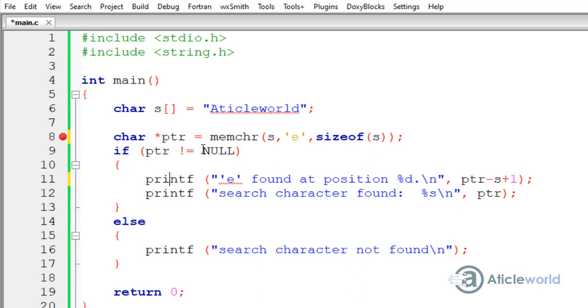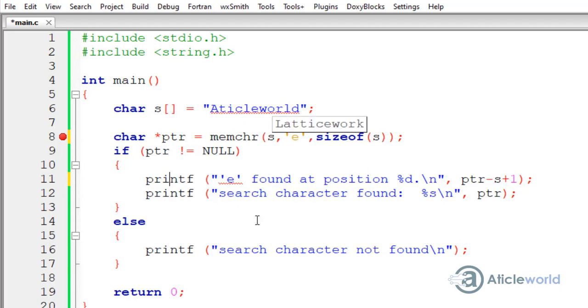So here to prevent the segmentation fault, I am validating the pointer ptr. Because E is already present in this string, the if block will always execute, and here I am printing the position of E and the remaining string from the given character.